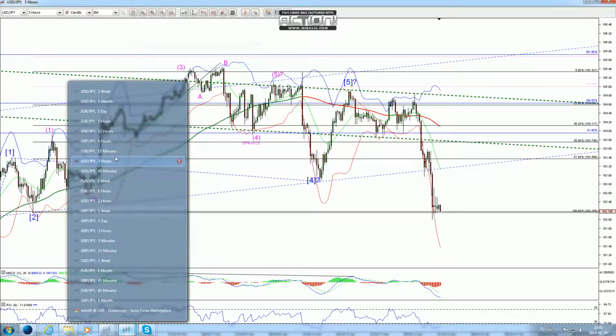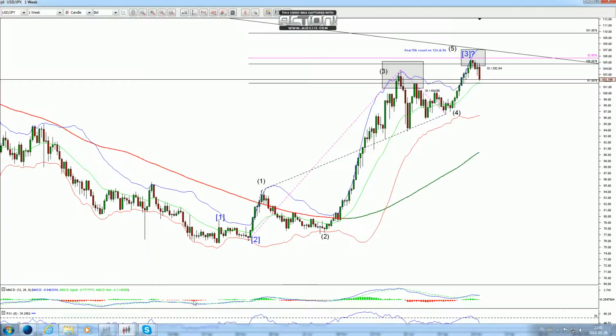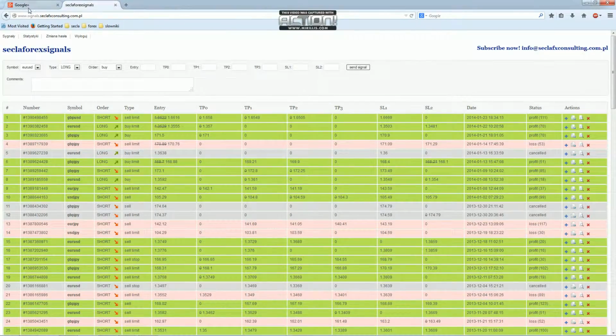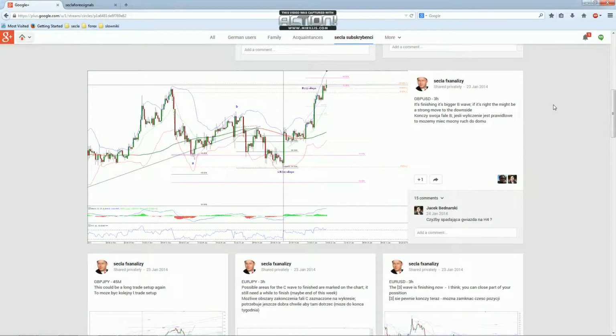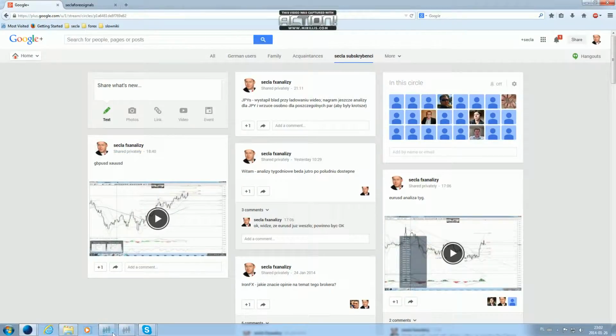Okay, so that's the USD on the day and on the 3 hours chart, and let's check once again the weekly. And if the 3 is completed, the fourth blue is developing, and this is most probably the first part of this fourth wave. Okay, but I will keep on informing you and updating you regarding the development, because you got access to my comments on this Google Plus account, and I prepare subscribers for all the coming trade